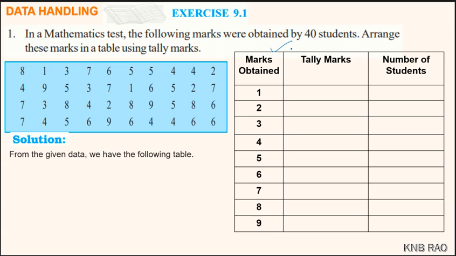Column 1, marks scored by the students, tally marks being the second column, and the count of the tally marks, which gives the number of students, being the third column. Here the least mark scored by some student is 1 and the maximum is 9. So, I have marks obtained from 1 to 9